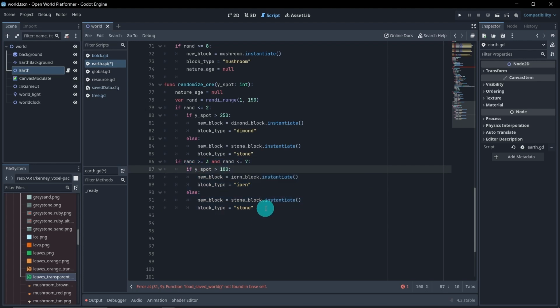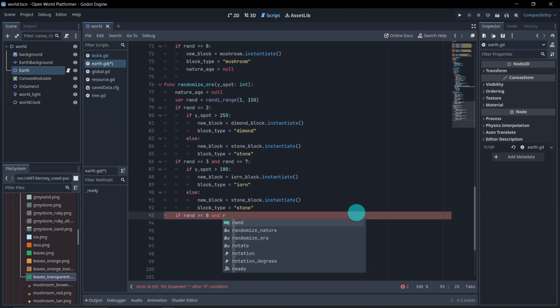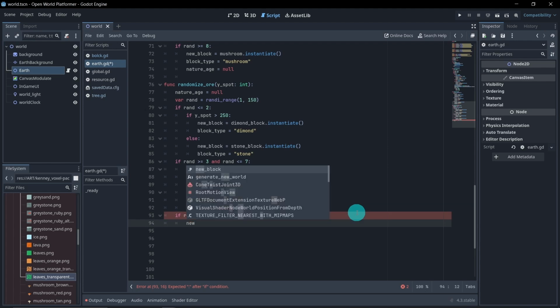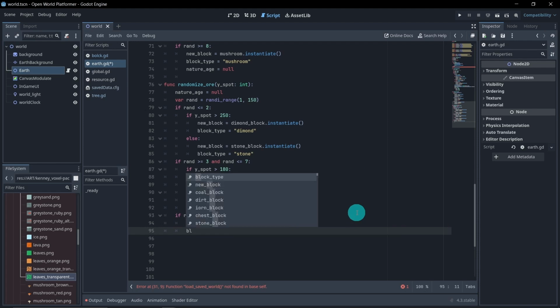Or you know what, better yet, I think for the coal one, we'll do it a little different. We'll go ahead and do an if our random is greater than or equal to 8. If that's the case, and our random is less than or equal to 11, then we'll simply set that new block equal to coal block dot instantiate, and then don't forget the type. So block type equal that to coal,